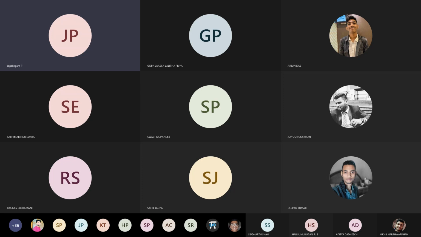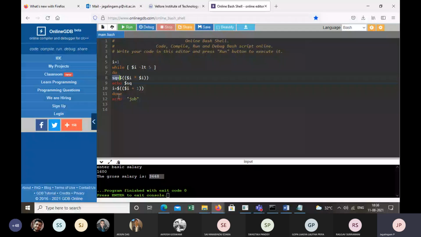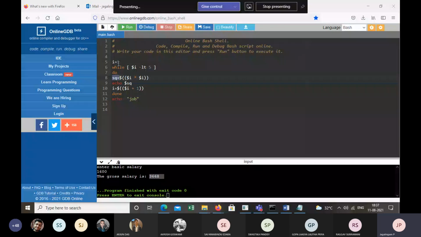Let me repeat. In line 5, we have a variable I that is initialized with 1. In line 6, we have a while condition. In the place of I, we have 1 now. We check the condition is true, therefore we execute line 8.